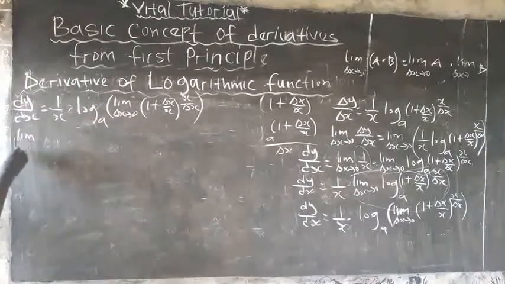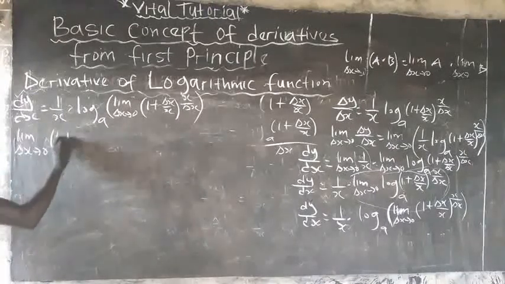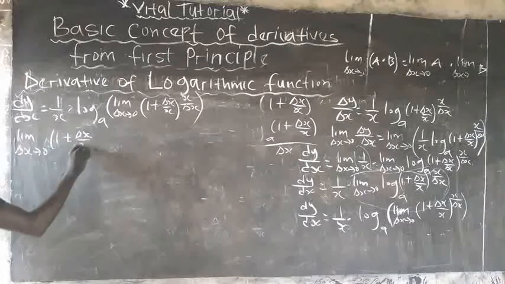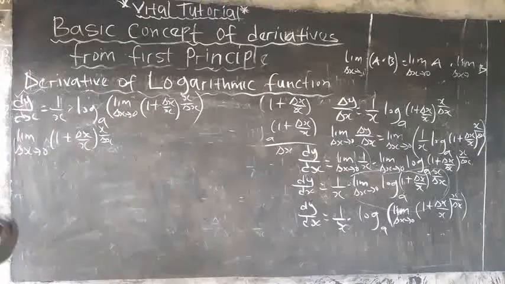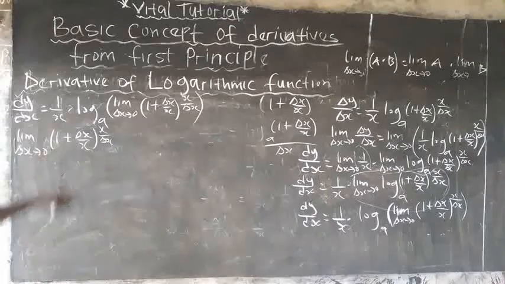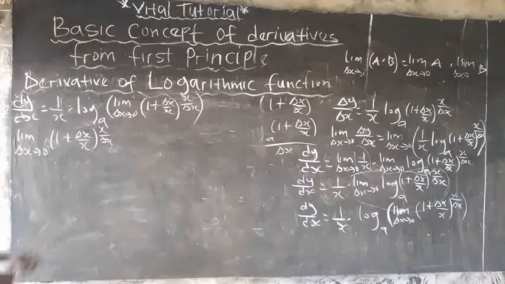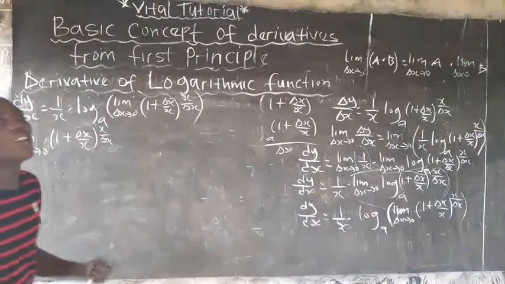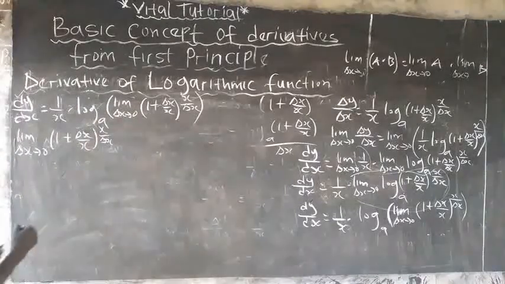The limit as change in s approaches 0 of 1 plus change in s over s, raised to the power of s all over change in s. Now the next thing to do here is to say let n equal s all over change in s, or let p equal s all over change in s. But I love working with n. I love letter n. So I will say